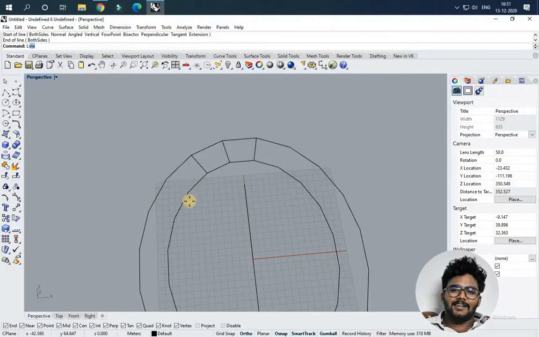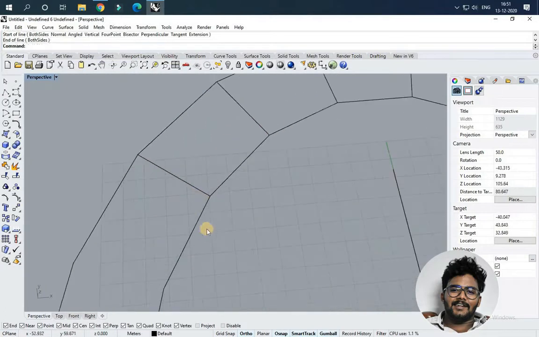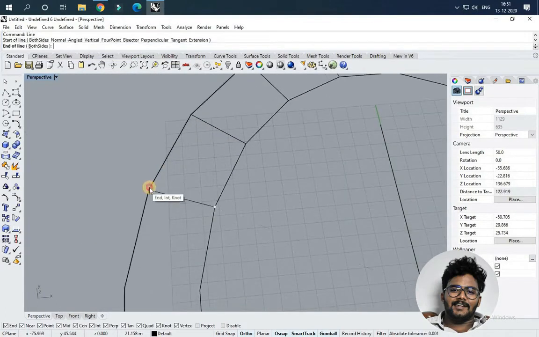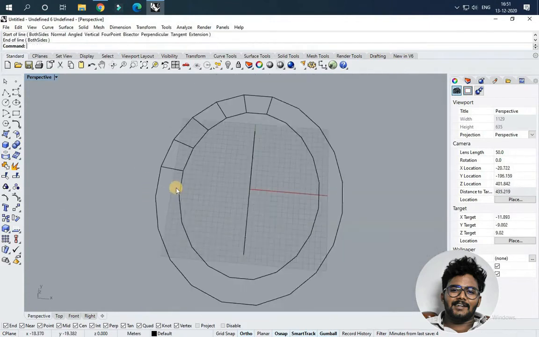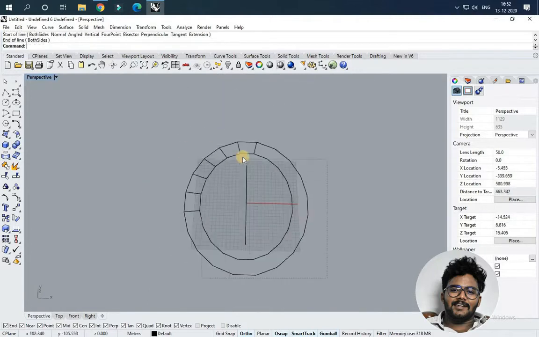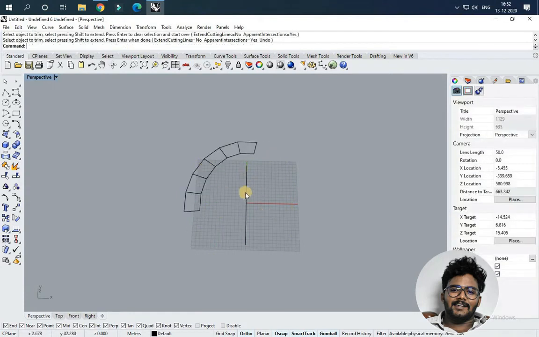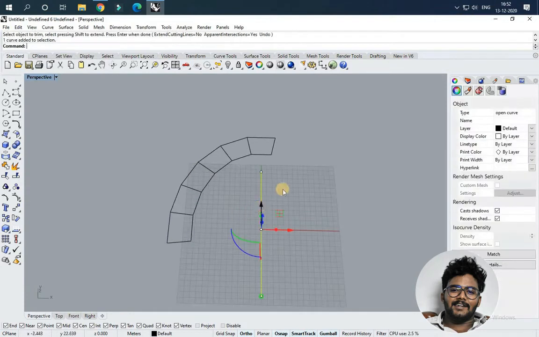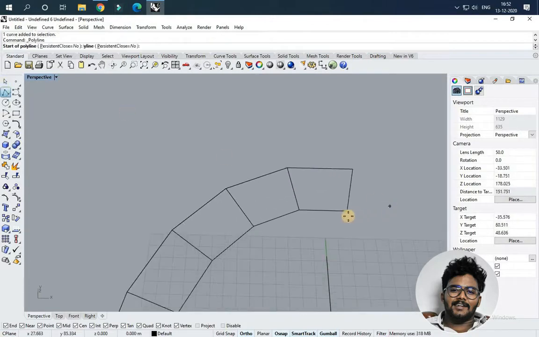I'm splitting it by using this line command. Be careful while placing the line, because it may land a little near or far. We should place it exactly at the edge where the two lines join. I'm selecting it and trimming the other parts than this segment. The model is symmetrical, so if I do one part, I can use the mirror command and get the other four parts. That's the reason why I deleted all the other stuff.